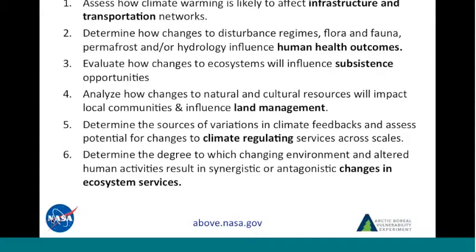So the next slide, I won't go into it all really, but it's ABoVE science objectives that are focused on ecosystem services. We have a couple of ABoVE projects funded now that have an ecosystem service component, and quite a few others, especially that address land management and working with a number of land management agencies. So this is a part of ABoVE that will really phase in much more in later stages, but it's already started in a number of ABoVE projects. And so I'll run through some of those shortly, give you some sense of the projects.